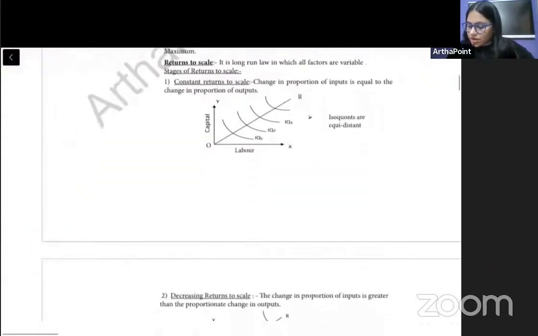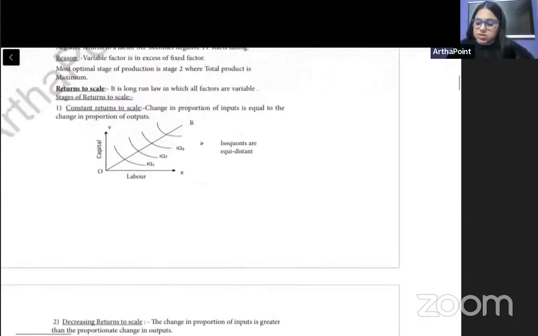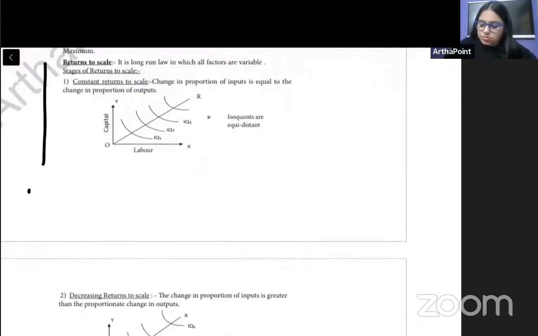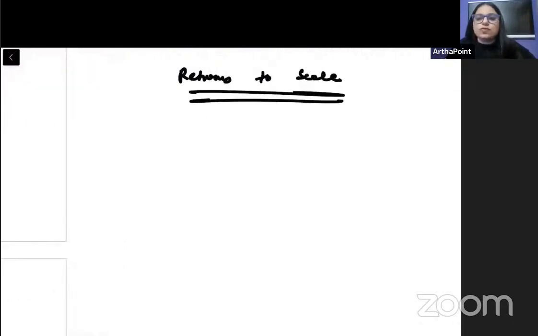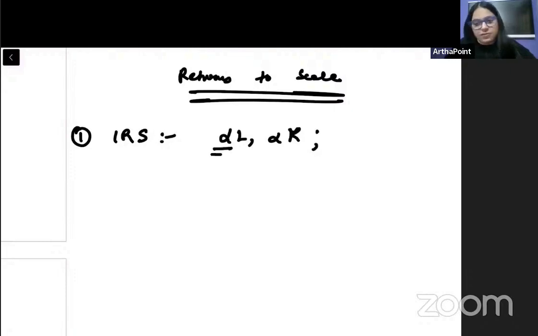This is basic. I want to talk about this. This will come in the exam. Important. Very, very important. Look, all of us are aware about the 3 returns to scale. So we know that when it is increasing returns to scale, if you scale your labor and capital by alpha, then your output will scale by more than alpha. We know this. For example, if I take my production function as L square into K,